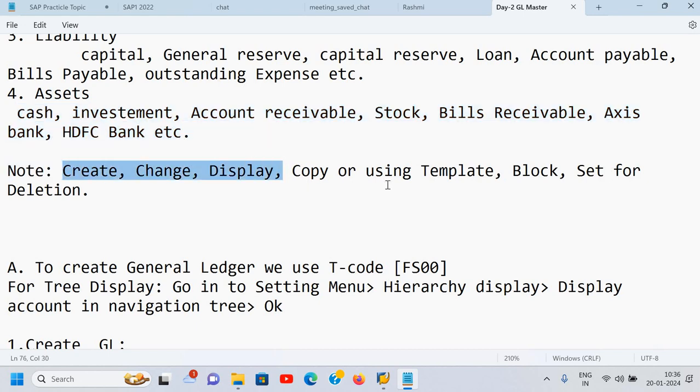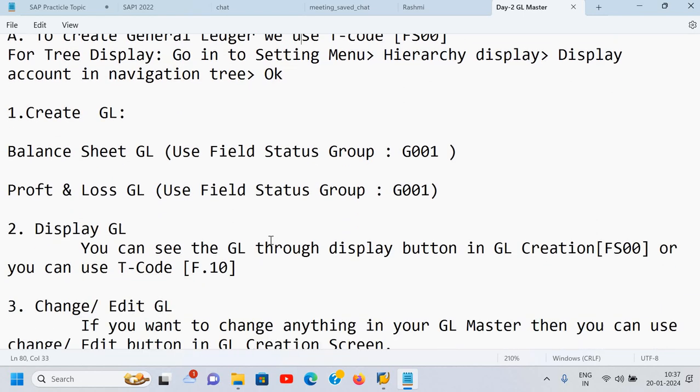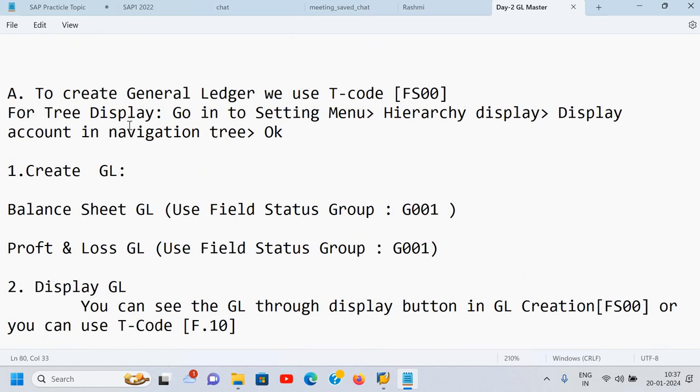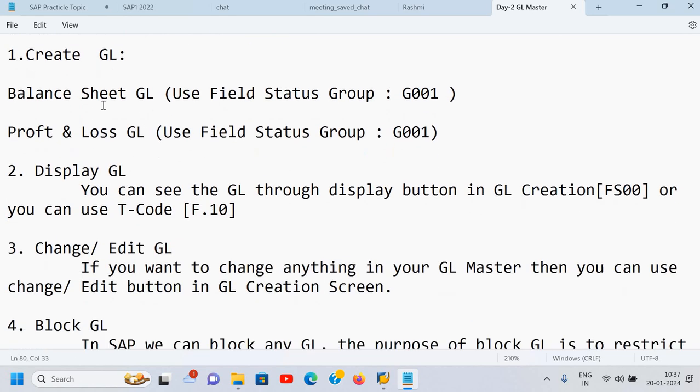Now create, change, display, copy using template. Copy को ही use template भी कहते हैं। Block, set for deletion we have covered. To create GL, we use T code FS00. For tree display, go to the setting and hierarchy display. Display वहां से change कर सकते हो, ये बता दिया मैंने।